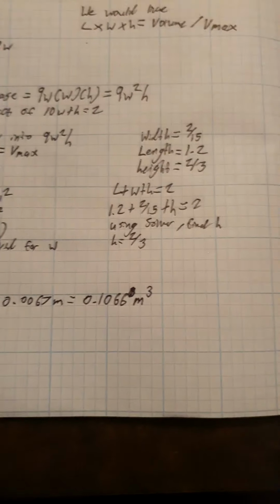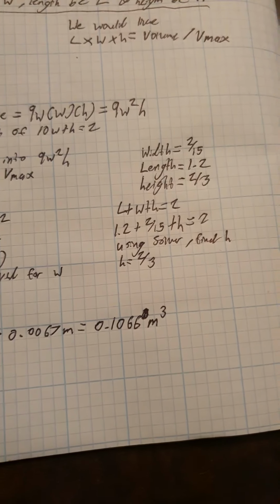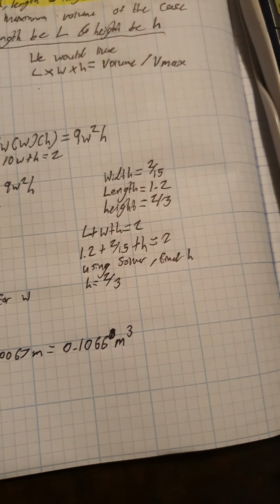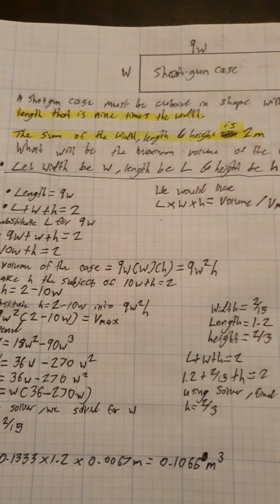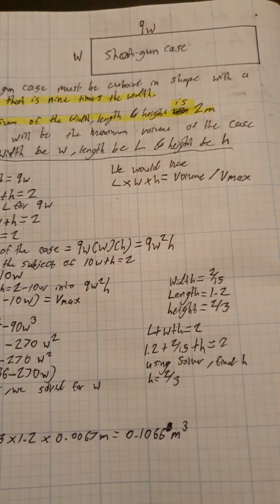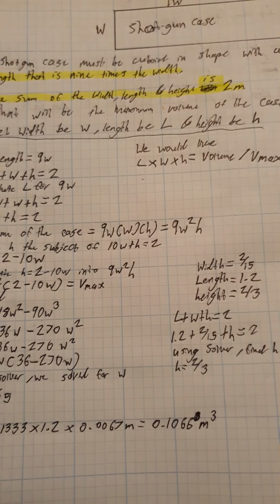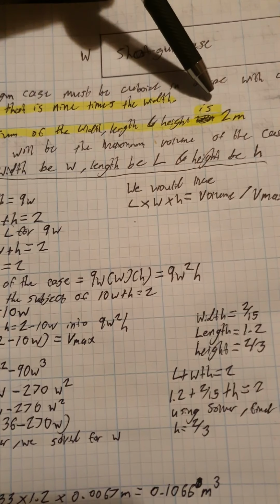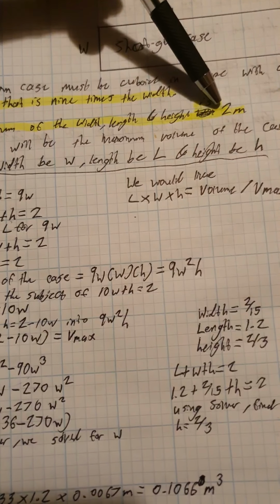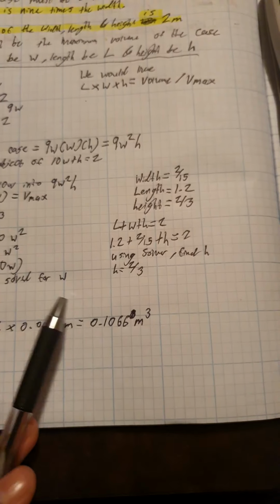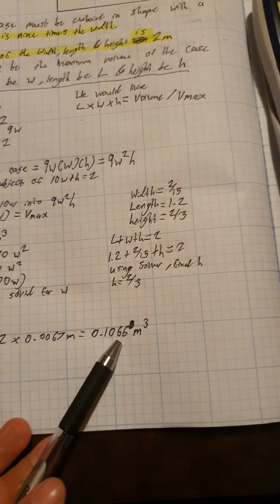If you might be concerned as to why I used 4 decimal places, well, the question hasn't asked us to provide a certain amount of decimal places or a certain amount of significant figures, and they haven't given us any numbers apart from 2, which is one significant figure, and it's a whole number. It's not got any decimals hanging off of it. This one is 0.1066